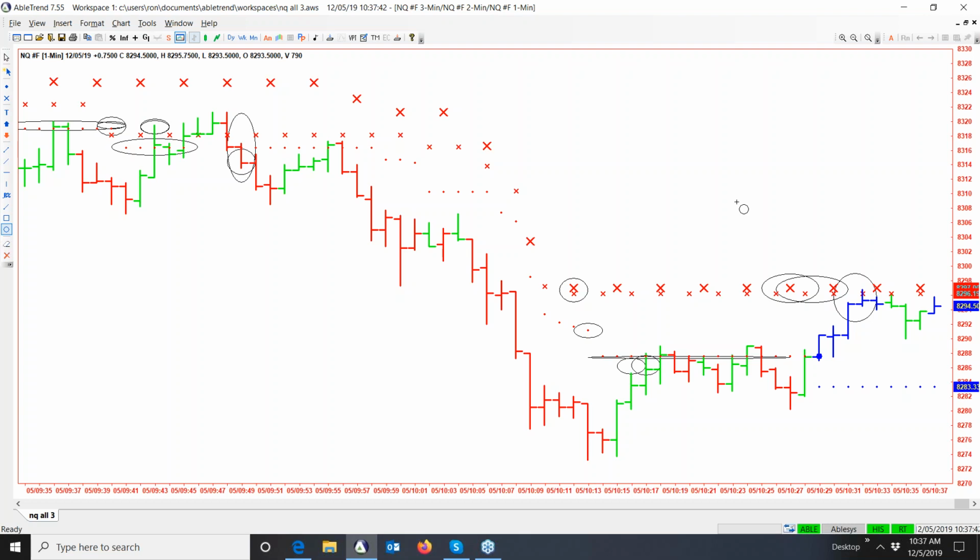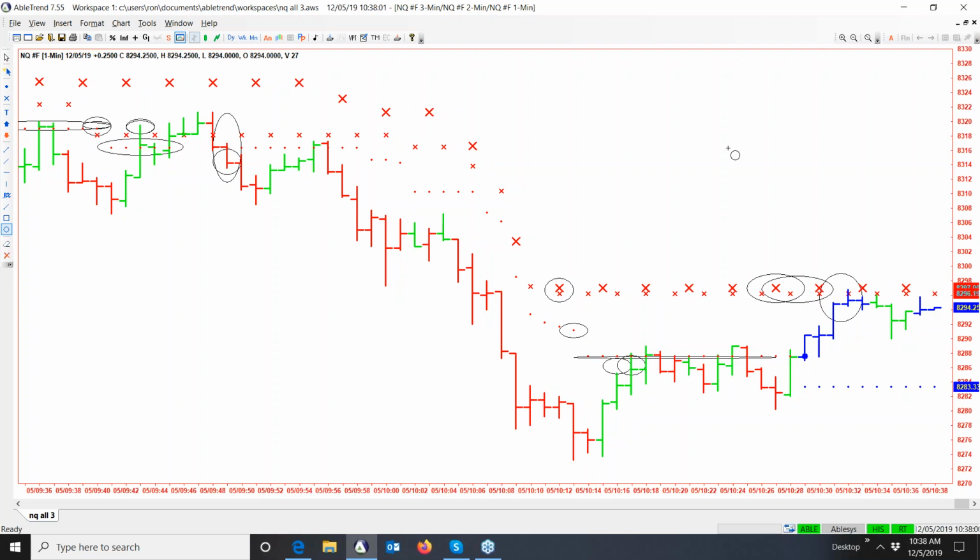Great. So you've mentioned a 1 minute, 2 minute, 3 minute time frame confirmation. Just to clarify, we're looking at a 1 minute chart right now, right? Yes, sir. We're looking at a 1 minute chart. You're getting a new price bar every 1 minute. The 2 minute, the dots are also the 1 minute support. Blue support, red resistance. Blue and red are opposites. The smaller X is the 2 minute support resistance, and the bigger X is the 3 minute. So this way we know where the roadblocks in the market are.